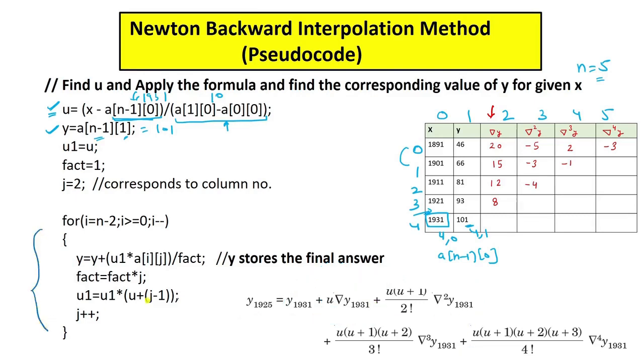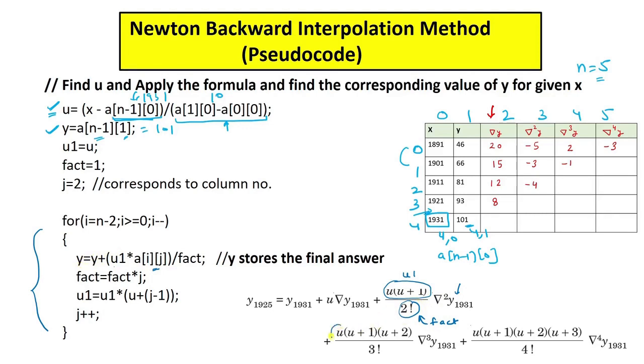Now in our code, let me tell you that this thing u plus 1, okay, this will be saved inside u1, okay. This thing, that is the factorial, it will be saved inside fact. After we have found the u1 and the fact value, then we will be multiplying u1, then this, and divided by this fact to store inside this y. So you can say u1 and this is aij is actually this one, and fact is this one. So this will be multiplied and divided, and then I will be adding with the previous y, and I will be storing inside this y, okay.